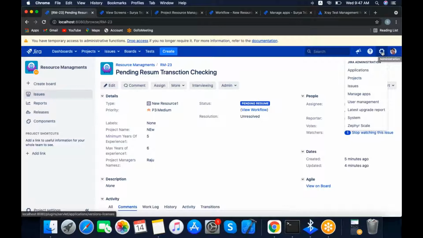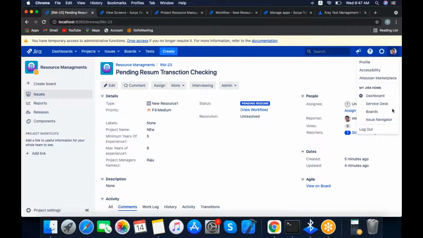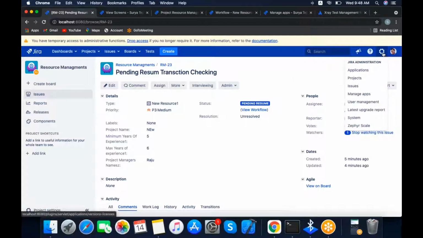According to our requirement, we need to use those add-ons. In that scenario, we can purchase those add-ons and install them at our Atlassian instance level. Then every project can use those add-ons. In that way, we go to the admin console, and there is an option called Manage apps. You will click on that Manage apps.